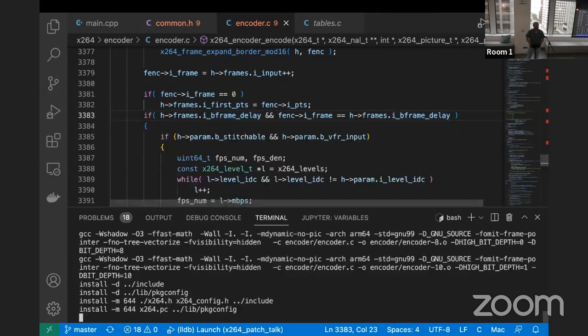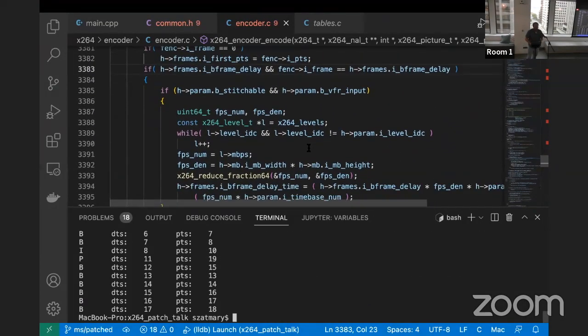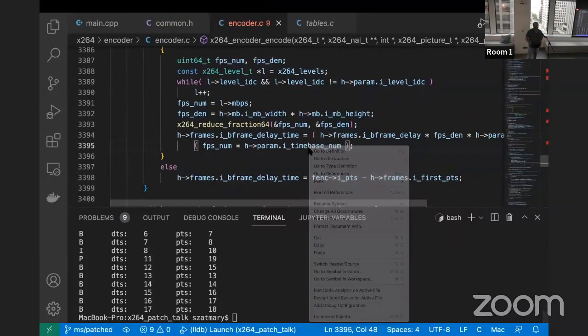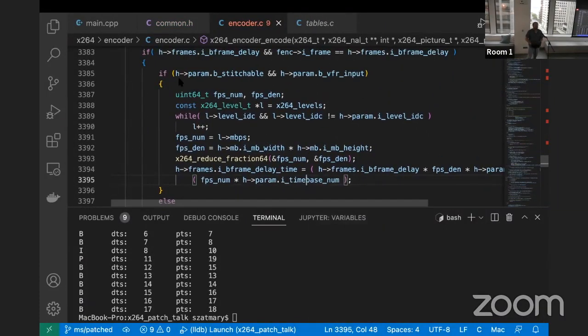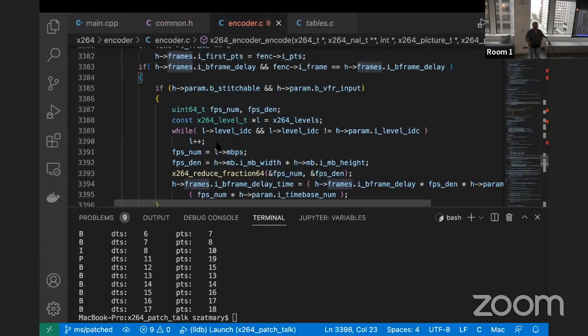All right, so that script just did a git checkout with the patched version. So here's the modification to that function from before. Now I'm checking if we have stitchable set and VFR set, and we run this. If not, I'm running the old equation just for backward compatibility. But if it is set,